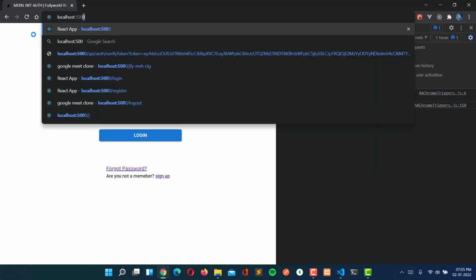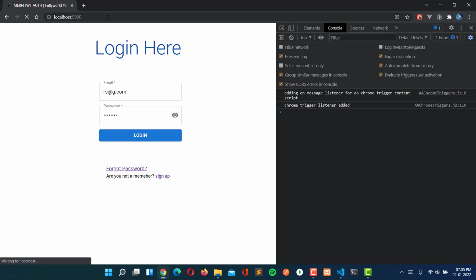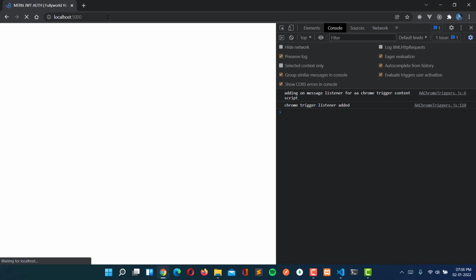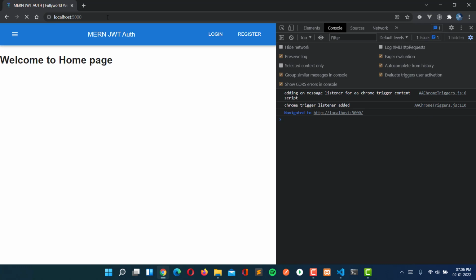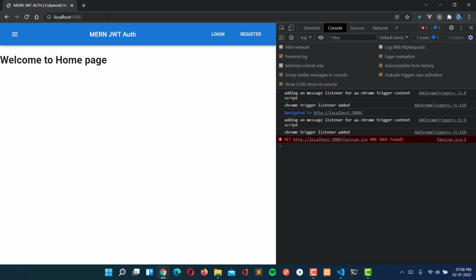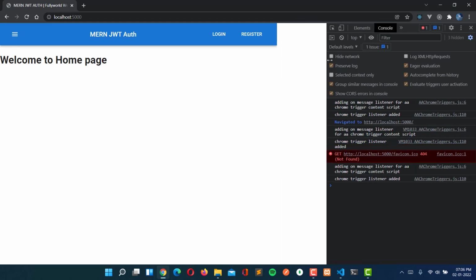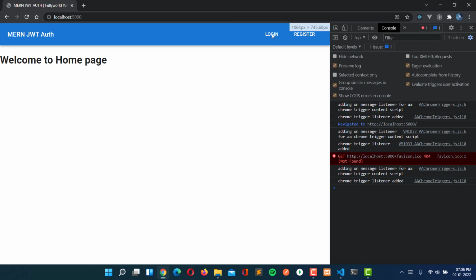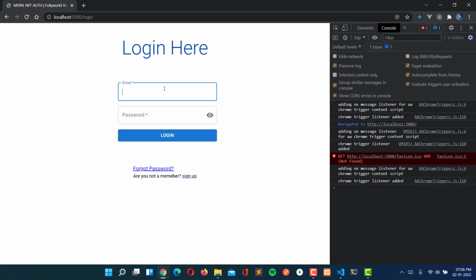Sorry, actually it is not responding. Yeah, now let's press enter and let's see the magic. Boom. This is the magic here. See that we are having our front end here as well. That's very great. Now we can also log in the user. So let's try to log in the user here.